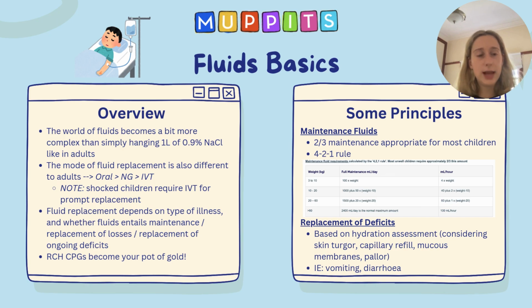And then in terms of replacing deficit, so for example, if the child has gastro and they've had very profuse vomiting or diarrhea, we'll do a hydration assessment. We'll look at our skin turgor, capillary refill, mucous membranes, and pallor. And the RCH as well has a really great table that helps you assess severity in terms of percentage